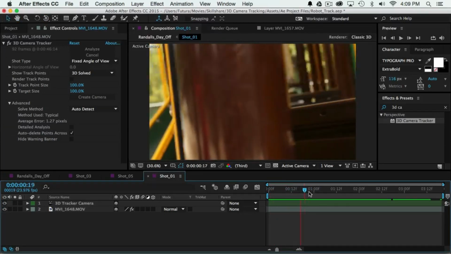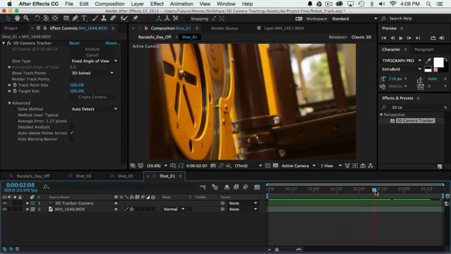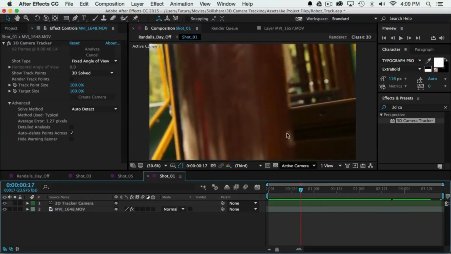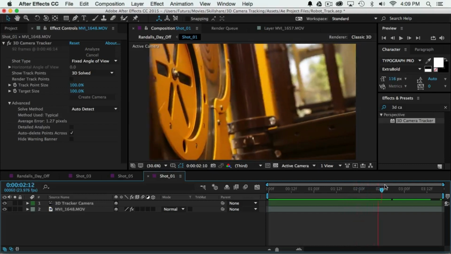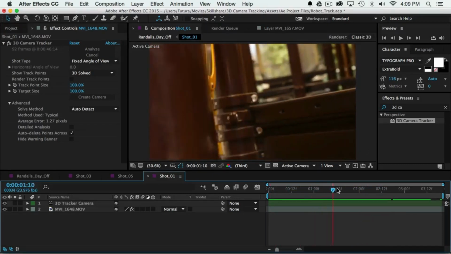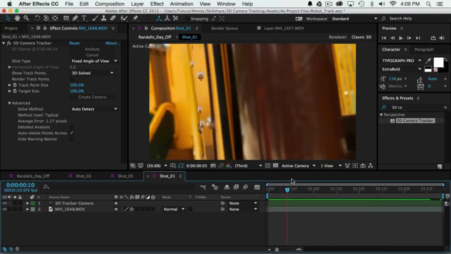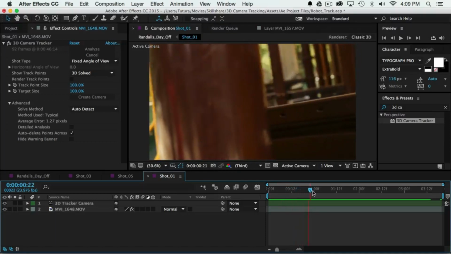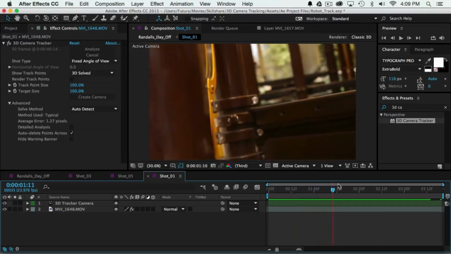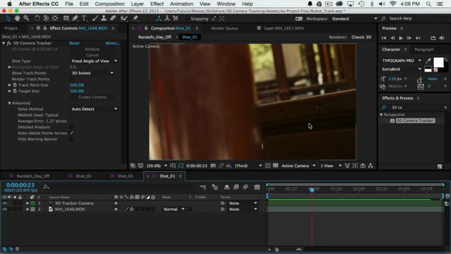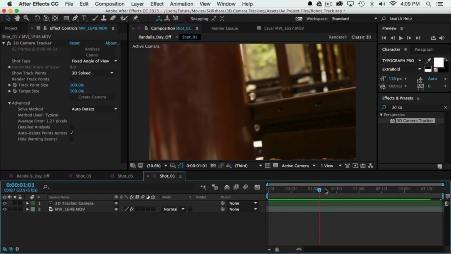After Effects is seeing the movement of the background and saying, oh, the camera was moving from the right to the left because the background is moving from the left to the right. If you look at this bright area, that's exactly what's happening. It's moving from left to right. And starting over here, the same thing. It's looking at that furthest back plane and saying the camera moved from the right all the way to the left. But really, my camera was moving from the left to the right while rotating to reveal what was behind